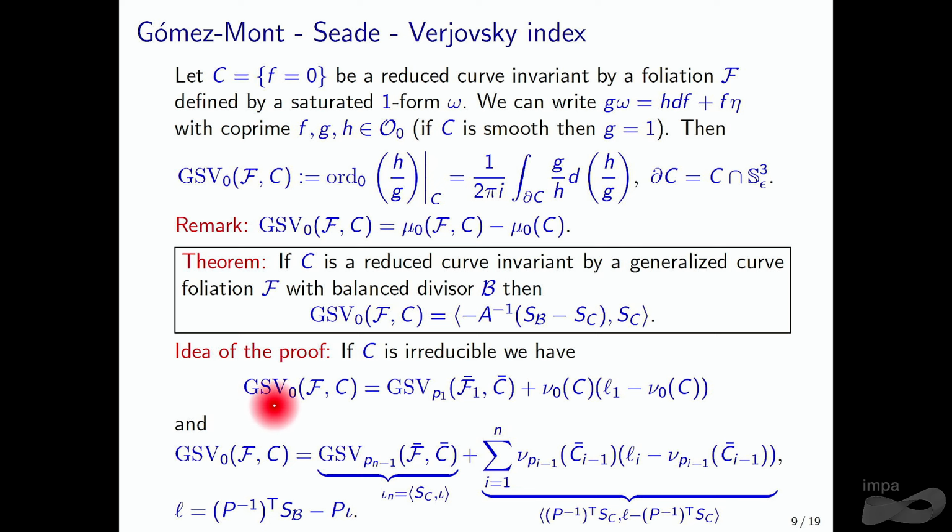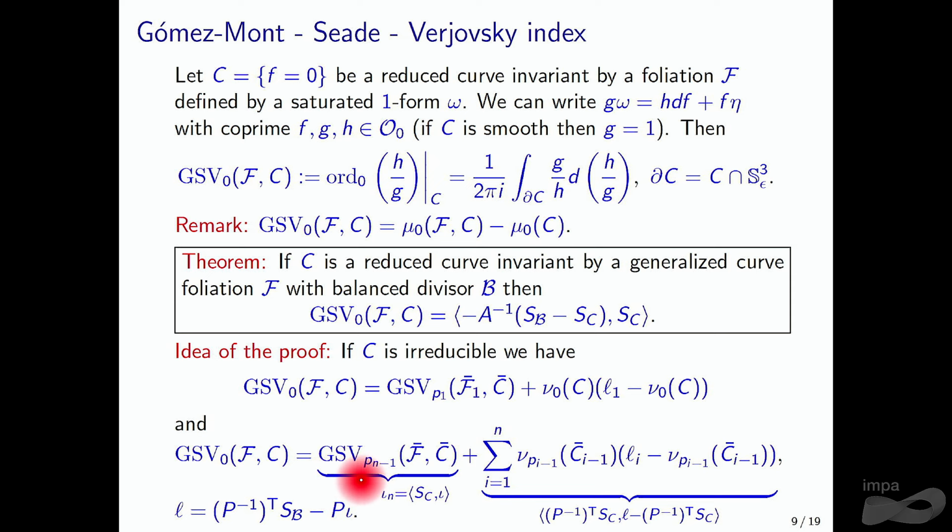In the first stage, after one blow-up, we obtain, by definition of the GSV index as this vanishing order, that the GSV index before and after a blow-up differ by this quantity. We have L_1, the discrepancy, and the algebraic multiplicity of the curve at 0. And iterating this process, we obtain that